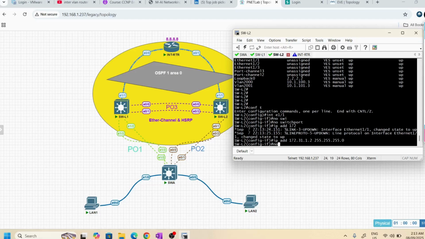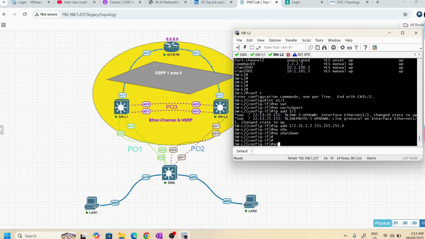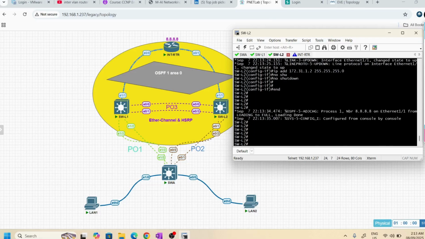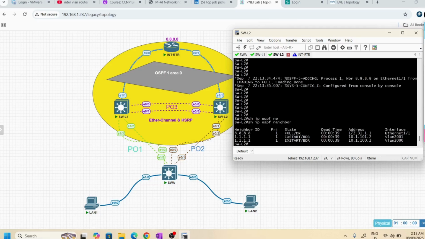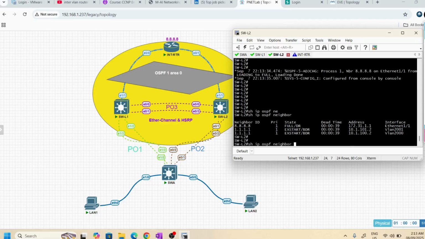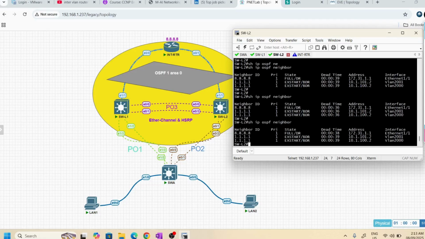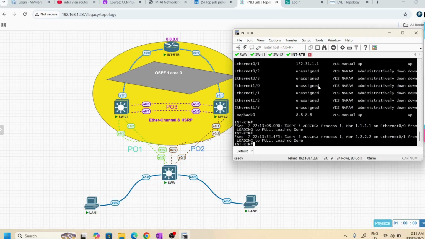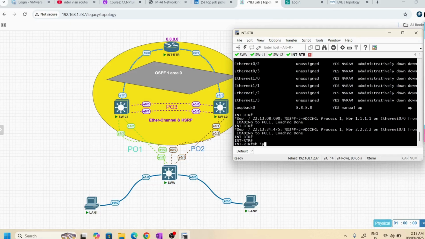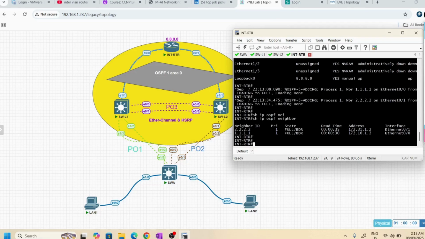Okay, and so IP OSPF enable. Here, IP OSPF enable to enable.